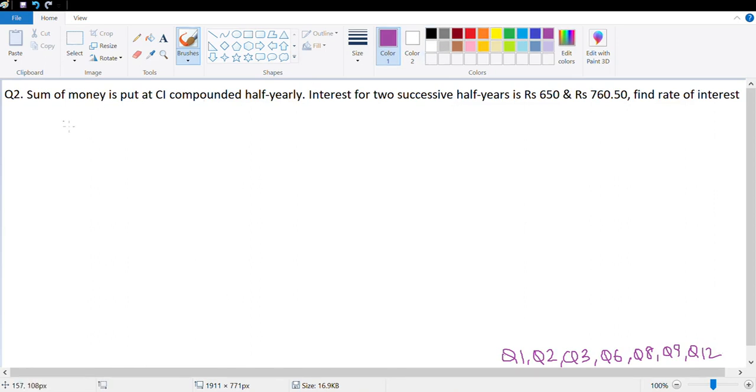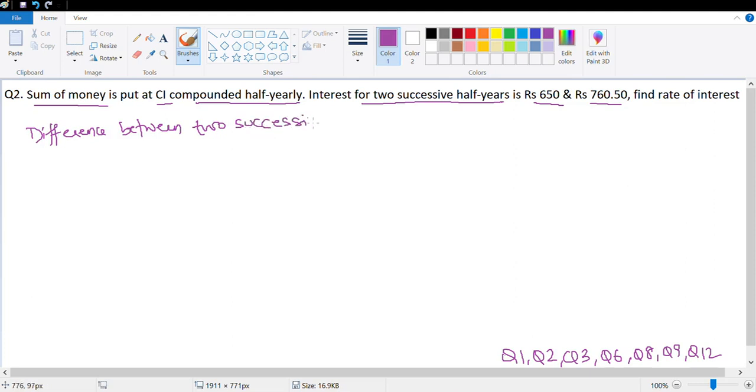Let's look at question number 2. Sum of money, we don't know, is put at CI compounded half yearly, which means this is being compounded half yearly. Interest for two successive half years is rupees 650 and rupees 760.50, which means difference between two successive